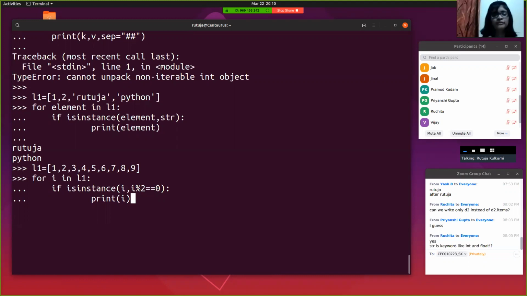But if we divide 1 by 2, we will not get 0 as a remainder, we will get 1 as remainder. So it won't get printed. But then we will take 2. It will move on to the second term because we are using a for loop. So it will try to check till the list ends. So for 2 in the list L1,